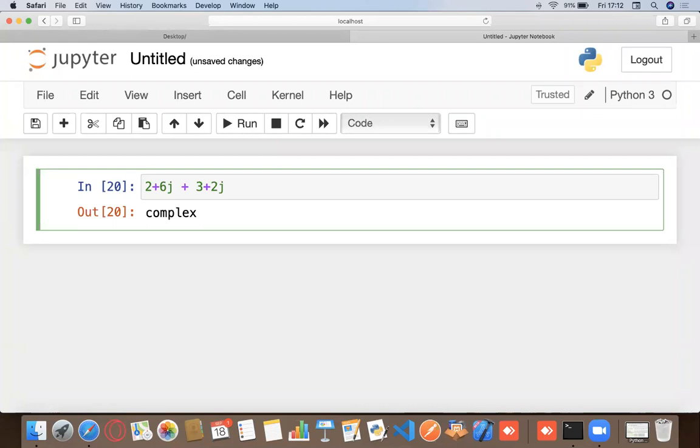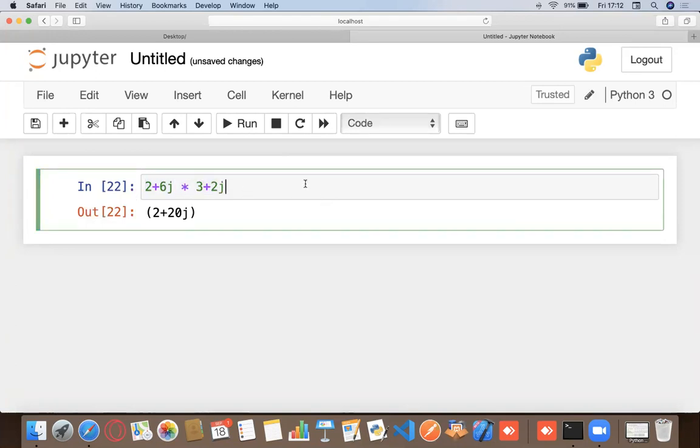Anyone? This is simple mathematics that you've learned so far. And that's exactly how it looks, right? So the real part is added with the real part, and the imaginary part or the complex part is added together. That's it. That's how complex numbers work. You could even do something like multiplication and all. So all the operators that you could use, that's how complex numbers get multiplied, right? Basically the scalar product.